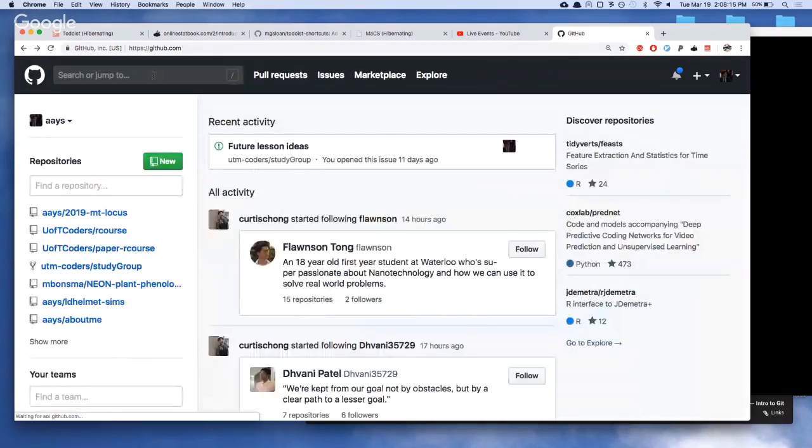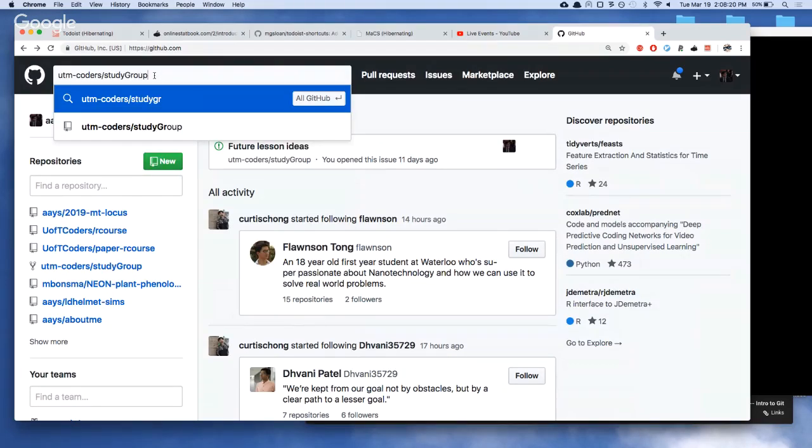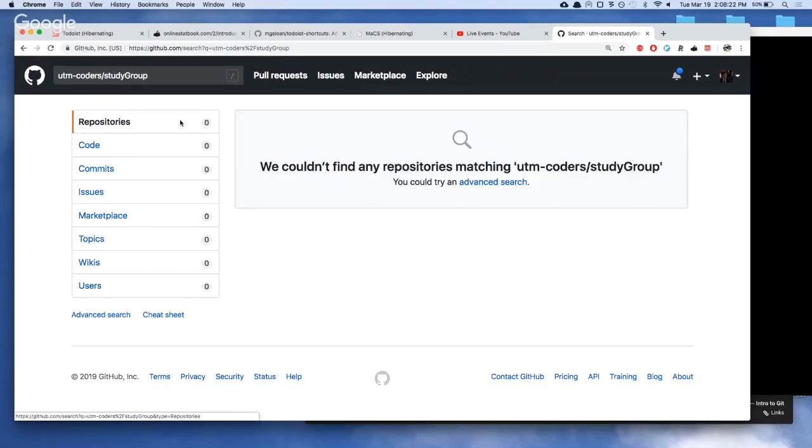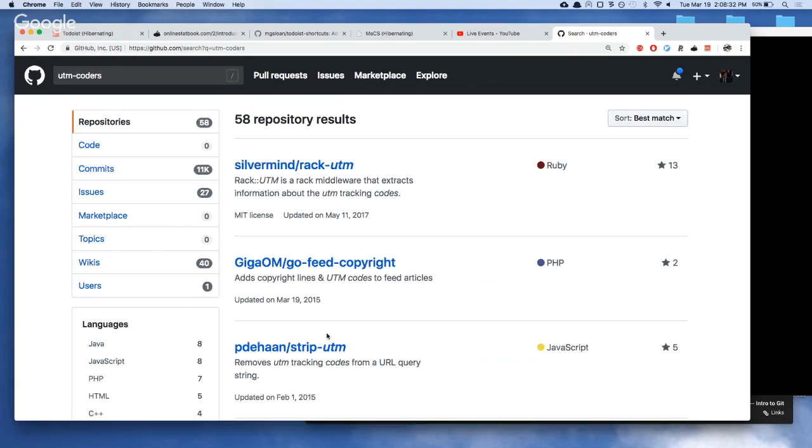Yeah. Okay, let me type that in. utm-coders/study group. Oh, odd. Okay, well, I guess another way to do that would be to just do UTM coders. UTM coders, exactly. So type in UTM coders, it should find, there's a bunch of stuff over here, but if